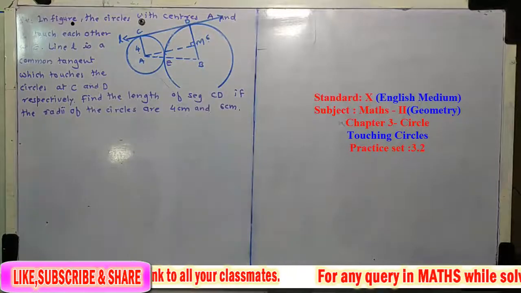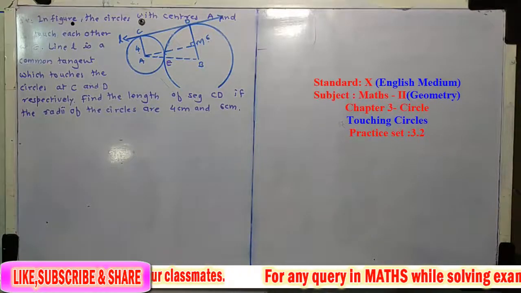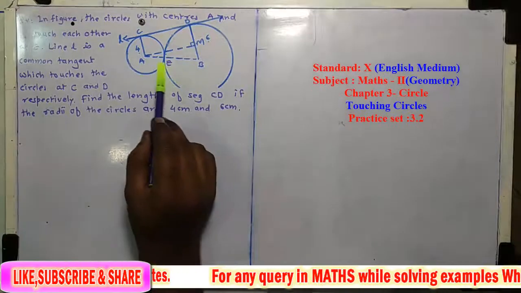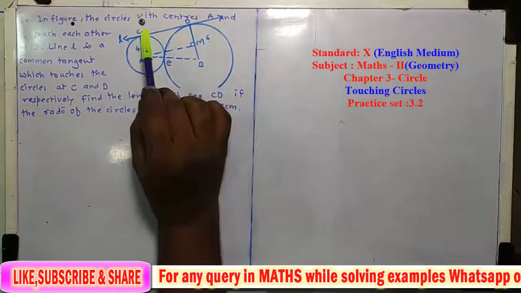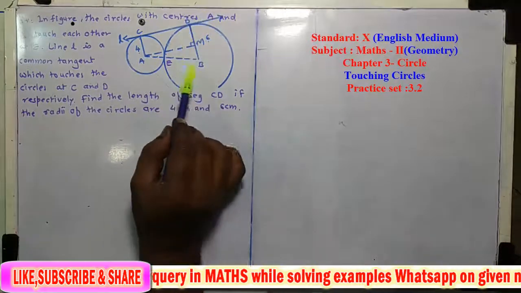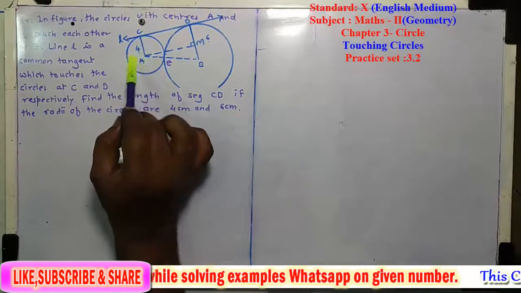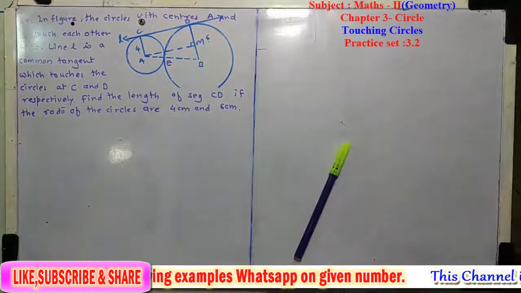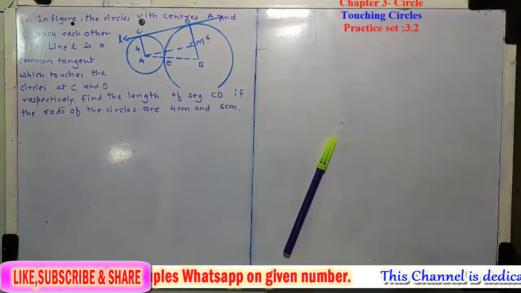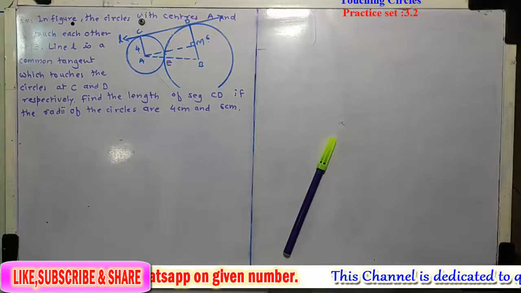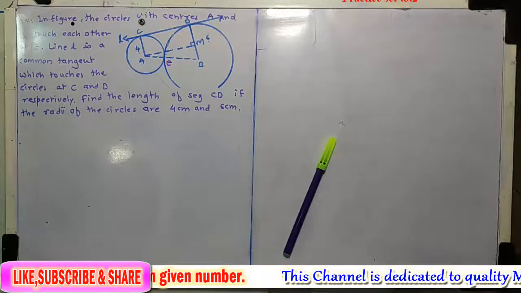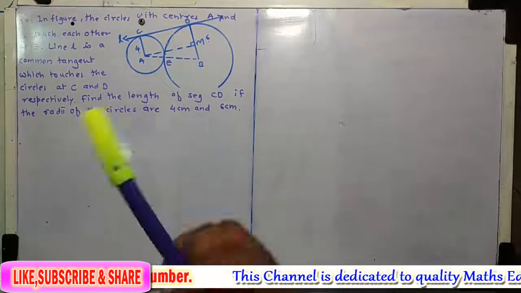ठीक है, तो ये हिसाब से एक एग्जांपल अपने को गिवन है कि दो सर्कल जो है वो एक्सटर्नली टच कर रहे हैं, उनकी कॉमन टेंजेंट दिया है एट पॉइंट सी एंड डी एंड बोथ सर्कल्स टचिंग एट पॉइंट ई. द रेडियस ऑफ टू सर्कल्स is 4 centimeter and 6 centimeter. We have to find the length of segment CD. तो CD का लेंथ हमको क्या करना है, फाइंड करना है. ठीक है, तो इसका सॉल्यूशन देखो कैसे रहेगा.